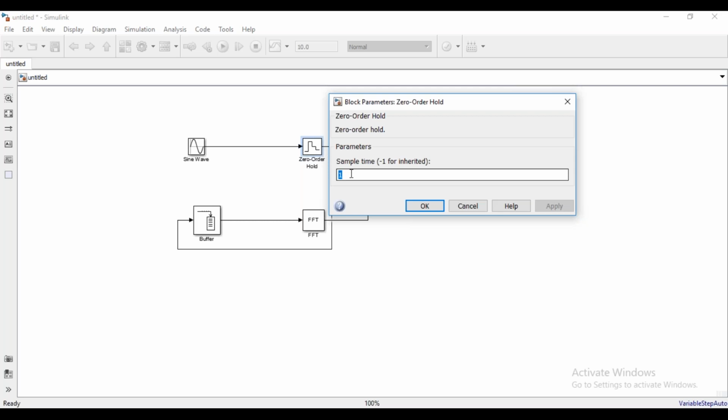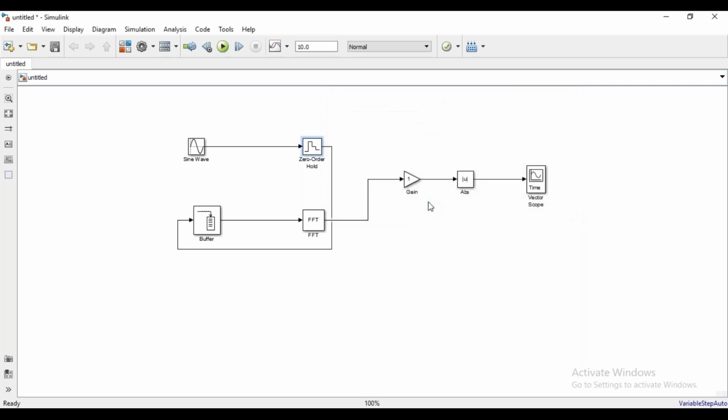We are defining this as 1e-5, that is 10 to the power minus 5. So this is the time interval at which the samples should be collected. This is the only setting you have to do for this block. Say apply and okay, fine. So we have done the settings for the zero order hold also, right?